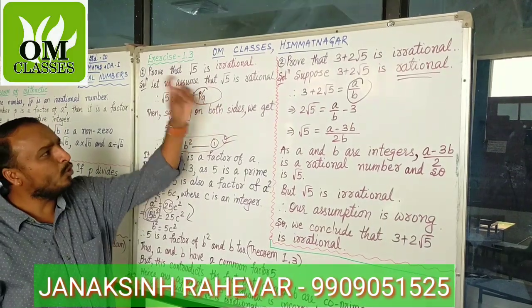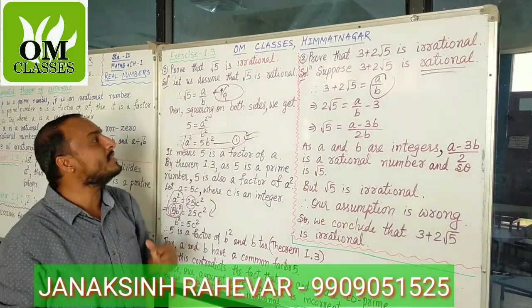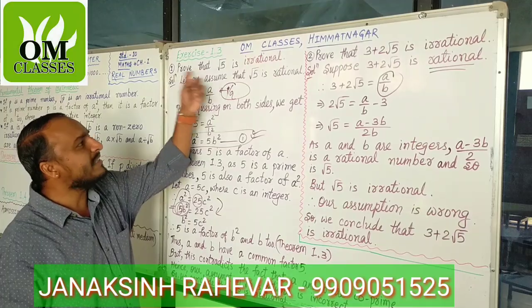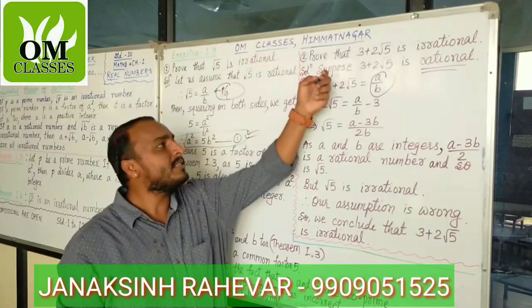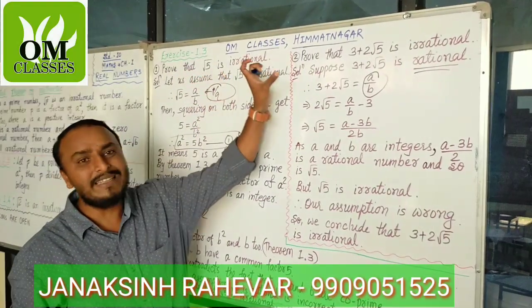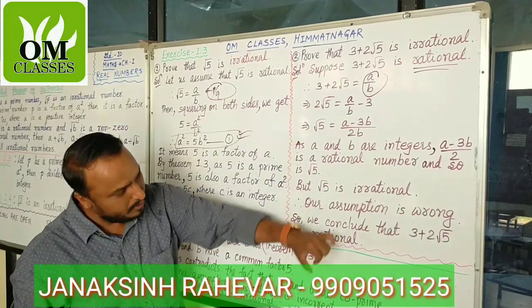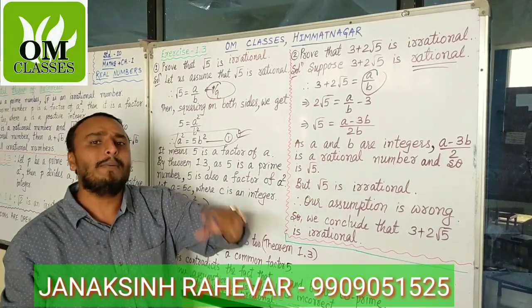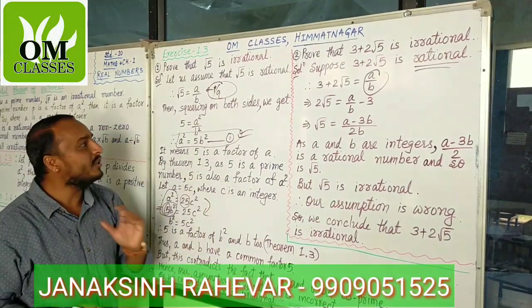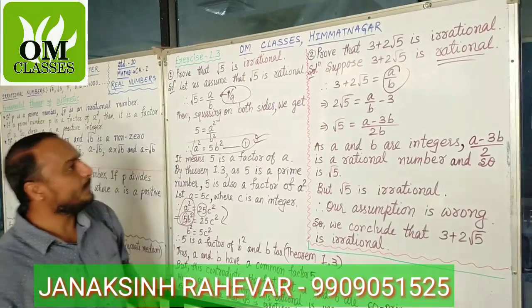तो दोनों ही स्टेप, दोनों ही क्वेश्चन में ऐसे जितने भी क्वेश्चंस आते हैं, what you have to write, let us assume, or you can write suppose whatever is given is rational. उल्टा लेना है और फिर लास्ट में उसको wrong prove करना है. तो आपका rational नहीं है तो क्या होगा, irrational. So this way we have to solve.